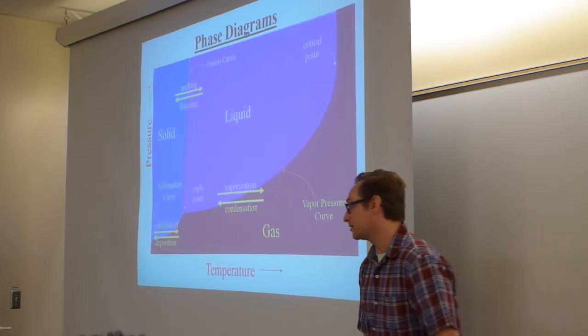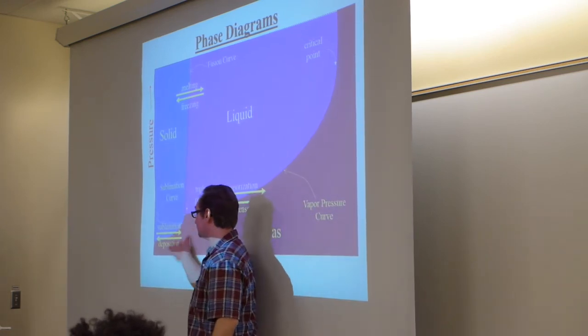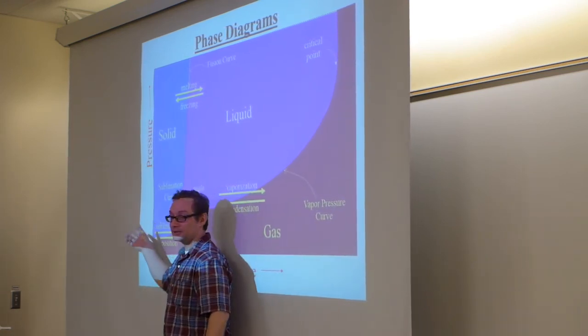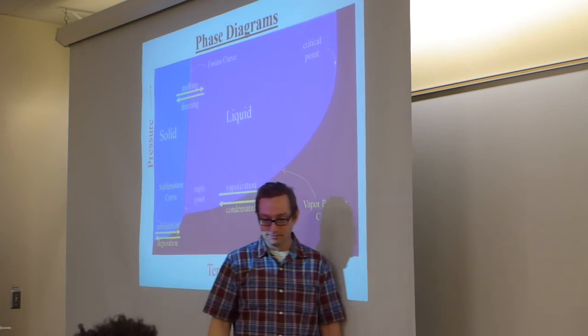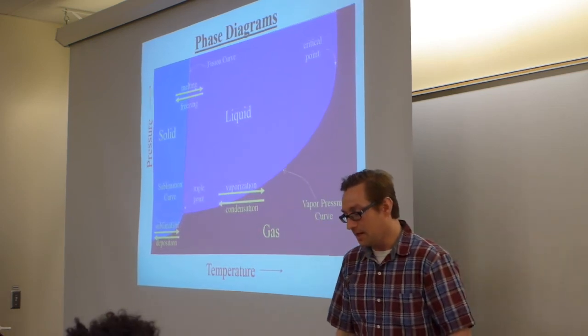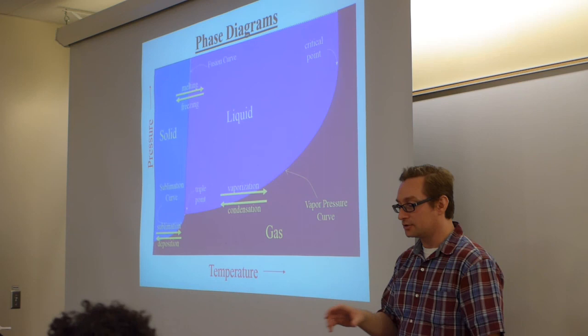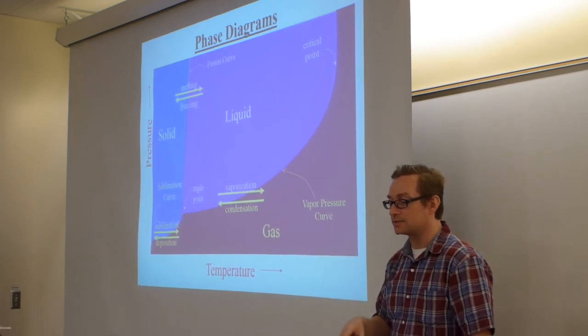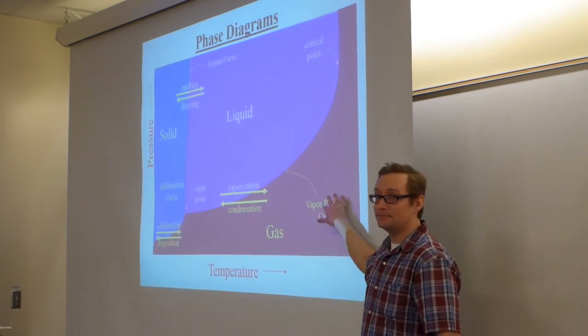The triple point may occur at a really low temperature and also a really low pressure. Things are getting cold. And the critical point and the triple point will shift depending on what substance it is. So each substance